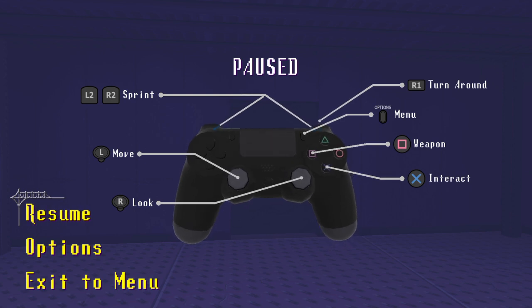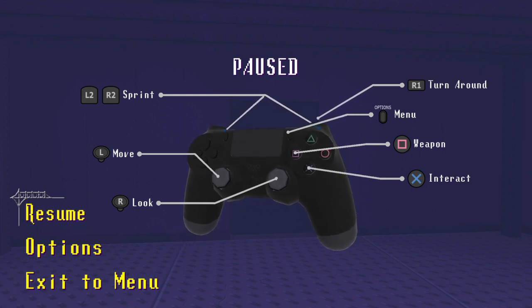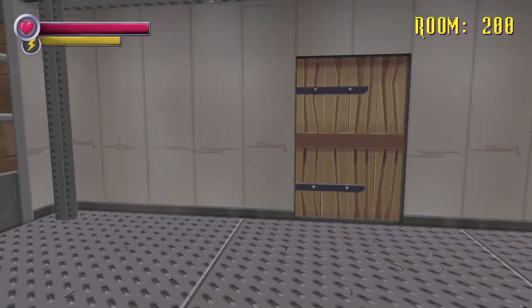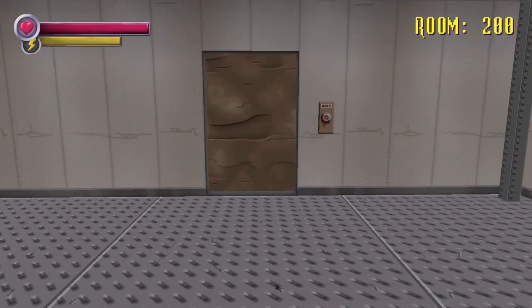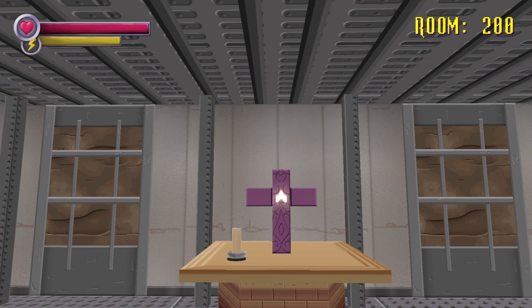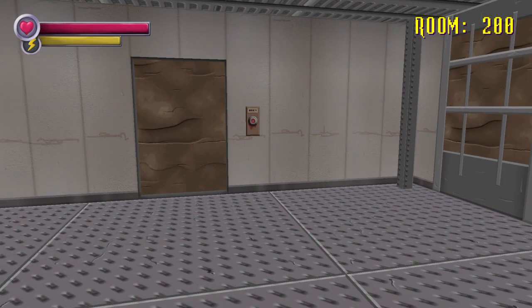So what I'm going to show you in this video is how you can get these notes very easily. All you need is an elevator room. I'm in room 200 right now in story mode. I've started a save specifically for this, and for pacifism too, because I was dumb and I struck a deer on my first playthrough. So what you want to do, there are 2 conditions